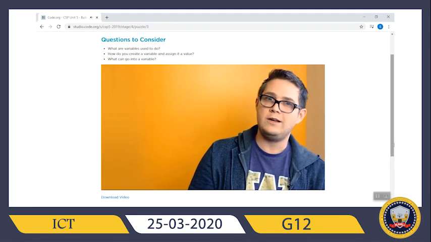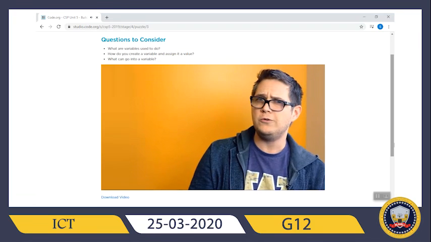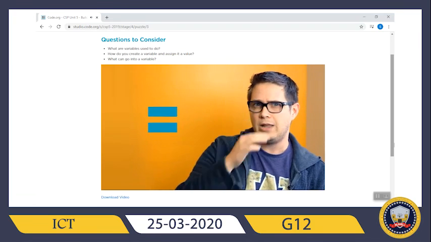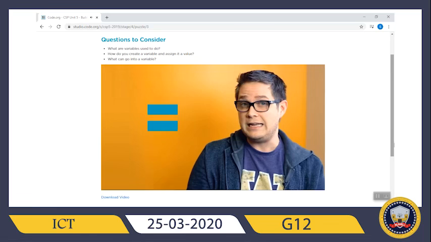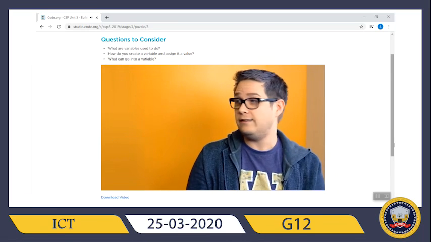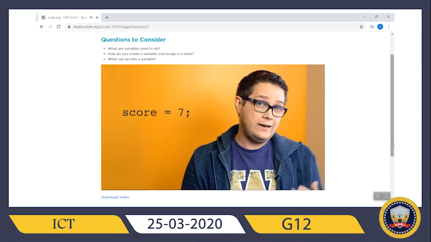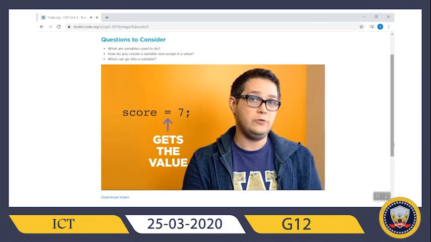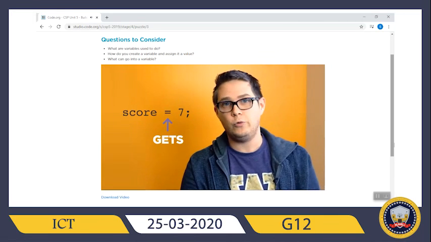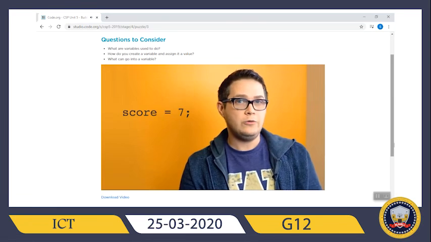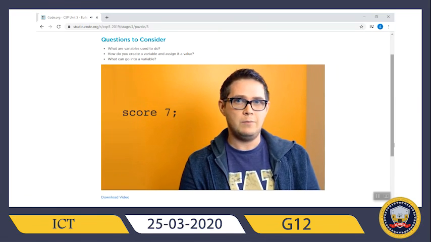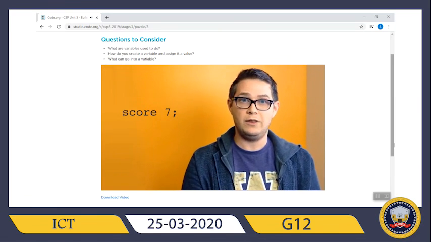In an effort to avoid confusion, programmers often don't use the word equals when we see this sign. Instead, they use the phrase gets the value. So when we see a statement like this, we could read it as score gets the value 7, or score gets 7 for short. Some programming languages avoid the confusion entirely by representing the assignment statements with a sideways arrow,